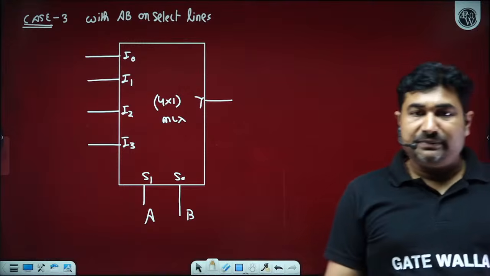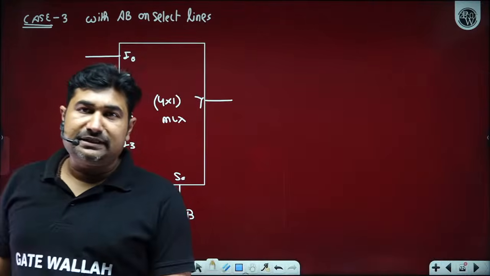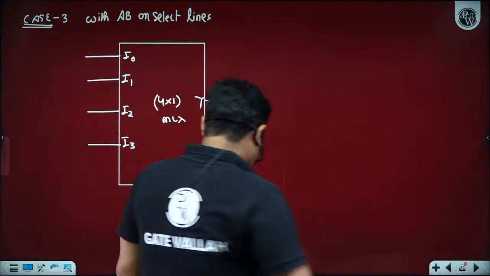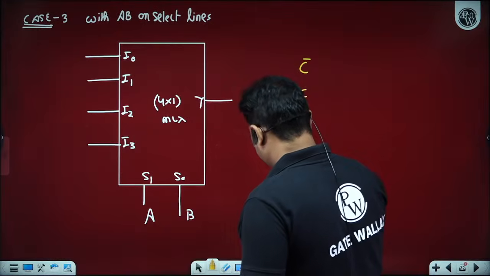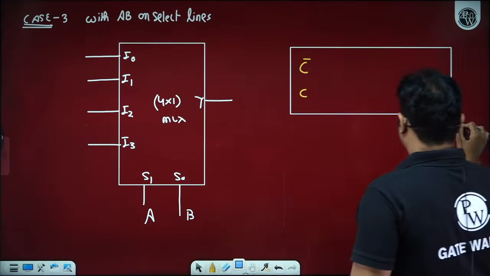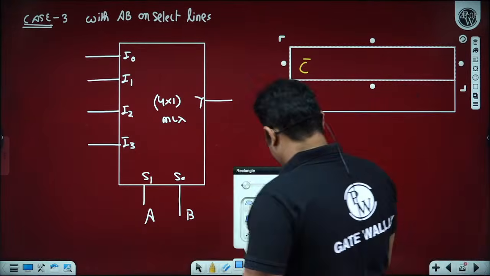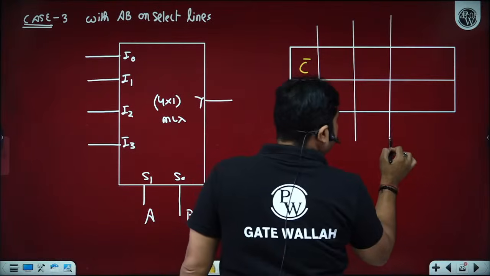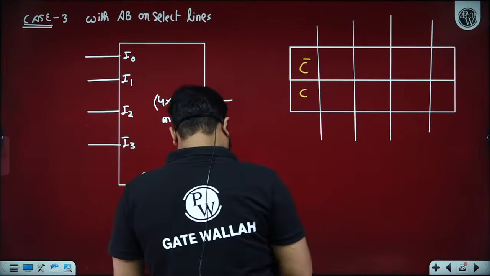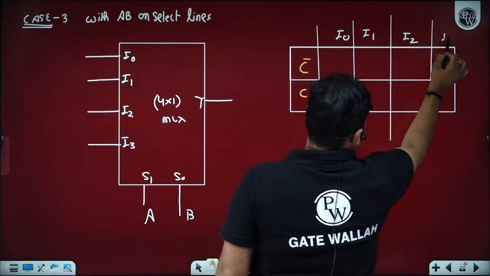Can you please tell me what inputs are possible in this case? Sir, the input possible in this case is C or C bar. So list the inputs of the mux in 2 different rows. Now inspect each column separately. So for inspecting each column separately, please observe we have I0, I1, I2, I3.